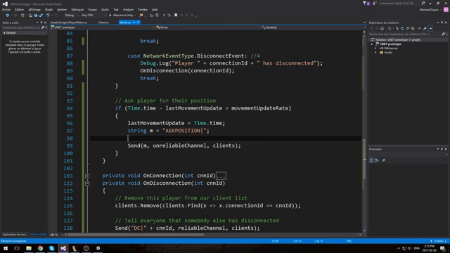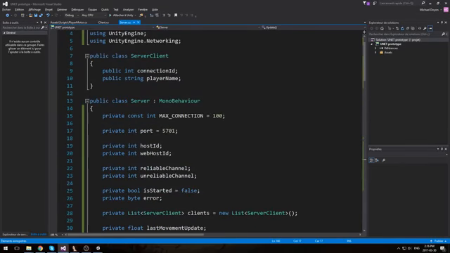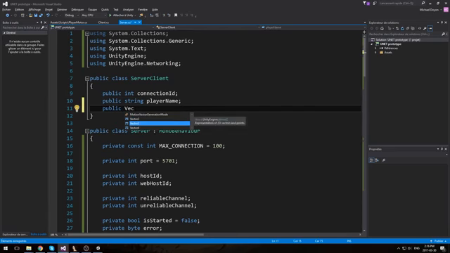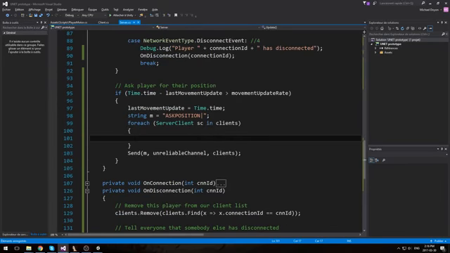So to do this, I have to iterate through the server client array again. So we'll do for each server client sc in clients. Do we have a definition? We don't have a definition for the position, but I'll put it in here. Public Vector3 position. I don't know if I should be storing this as a Vector3, but we are going to try. We are going to do the client ID first. So let's do connection ID, and then split that with a modulo sign, then